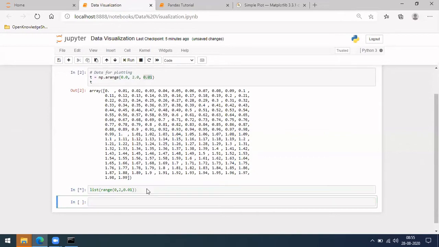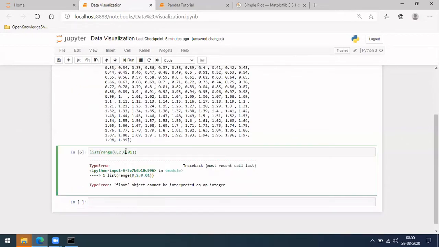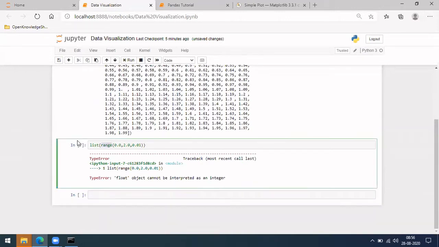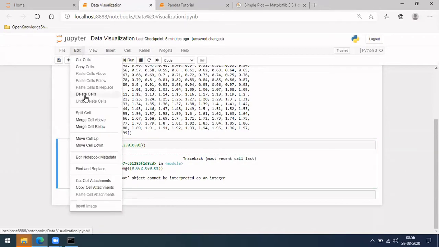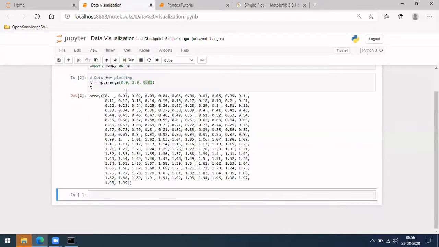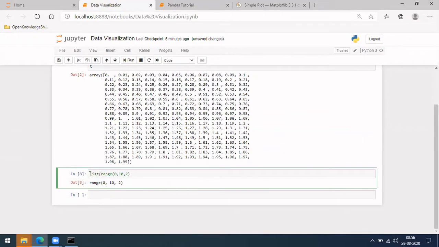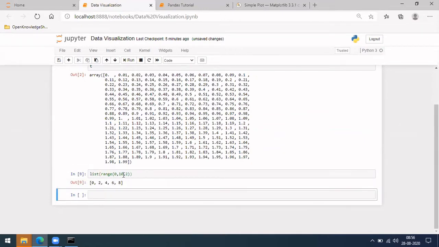If you make it like this, as a float, we have to specify it as a float, then it will work. Such functionality is not available in range, so they use np.arange. It is similar to what I showed earlier: 0, 10, and 2, which means a step size of 2 at a time, starting from 0 till 10.